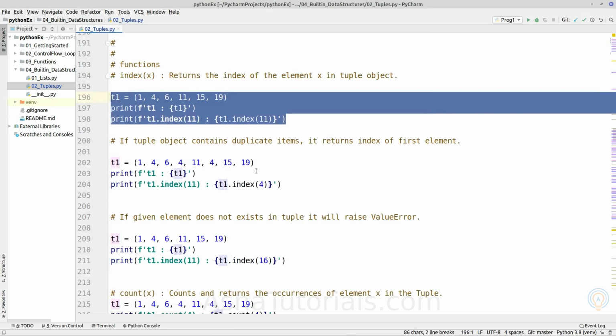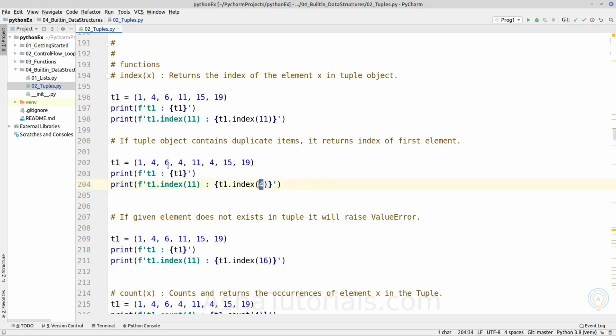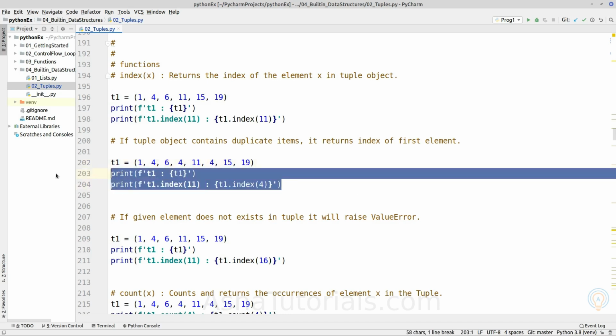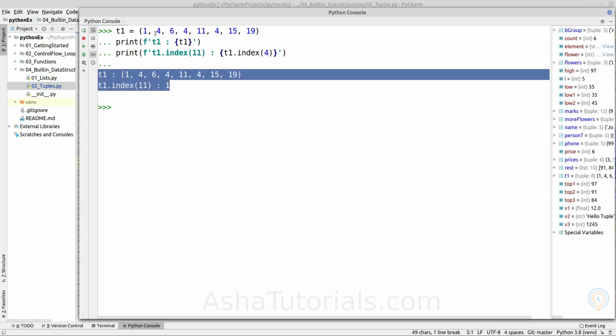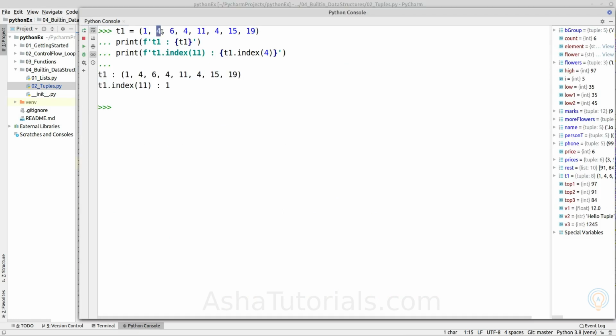So if we have multiple or duplicate elements for the given element such as this, so 4, the integer object, is here 3 times, it will return the index of the first occurrence. So it should return index 1. So as we can see here, it is returning the index of the first occurrence.